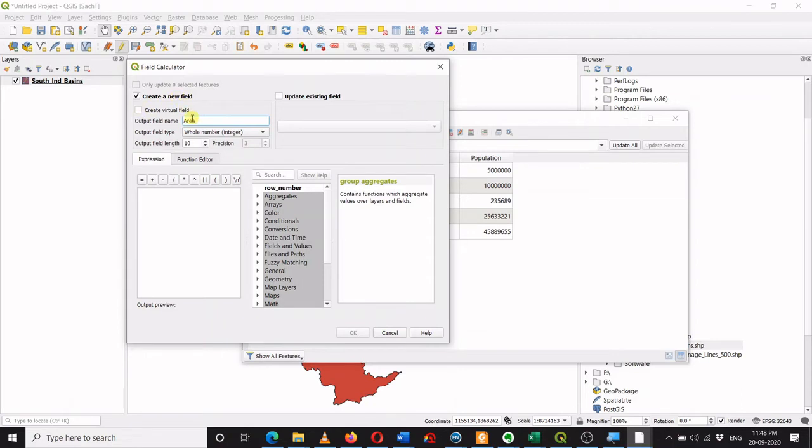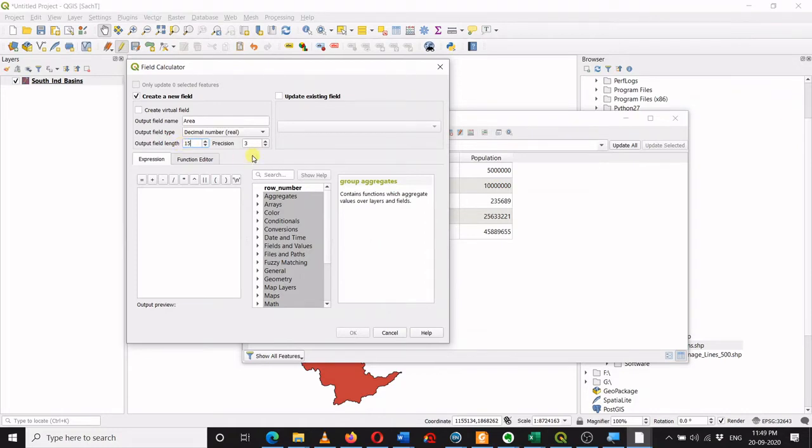Let's create it appropriately. And what is the data type? What is the area? Area is not necessarily always a whole number. Area is a real number, so it will have the data in decimal format. So I will select decimal number. What is its length? Let us say I select a length of 15 digits.